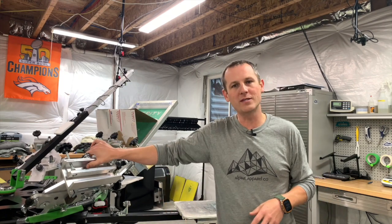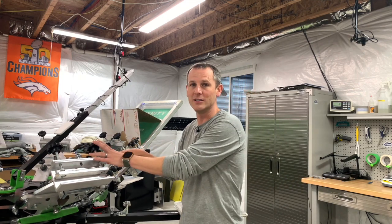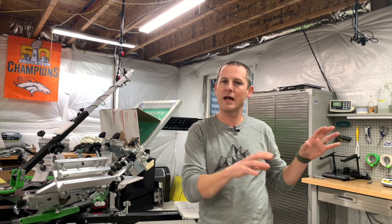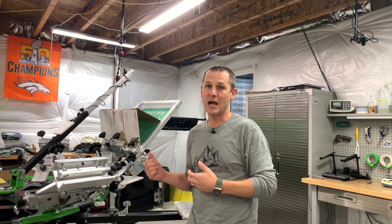Because once you start growing and expanding, you can always upgrade equipment later. But maybe you don't need to spend all of your money on a giant press. Maybe it's better to have a nice exposure unit or a place to wash out, like a washout bay and a filtration system. When I was first getting started, I started with just the DIY press, just a single location DIY kit from Ryonet. And then when I had the money to invest in the business and upgrade my equipment,